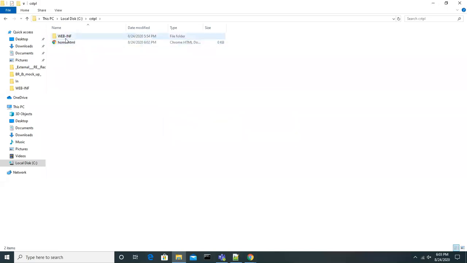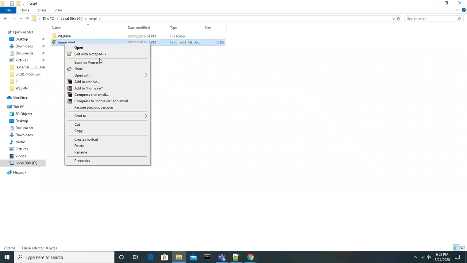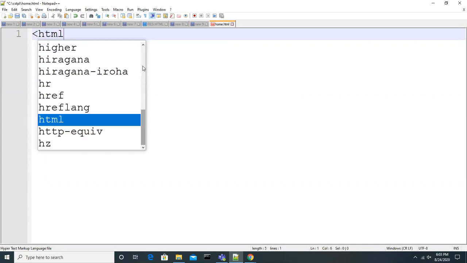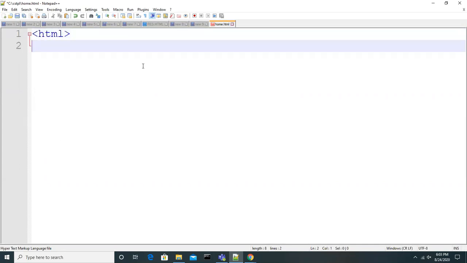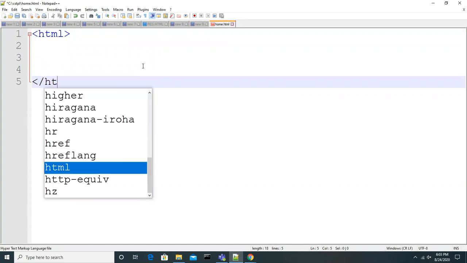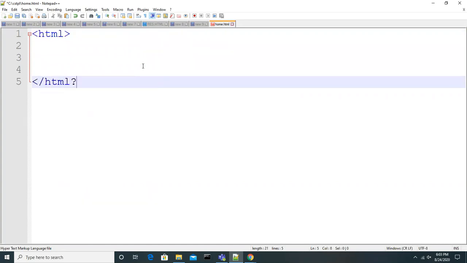In this HTML file, you can write your own tags. The HTML code starts with a tag, guys. A tag is nothing but something which gives information.